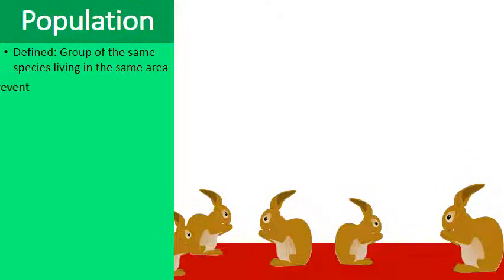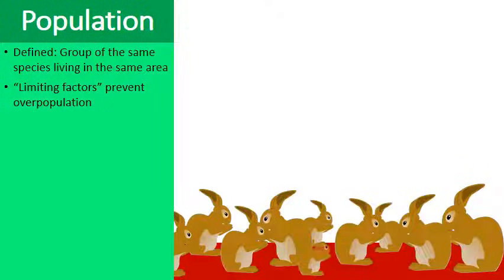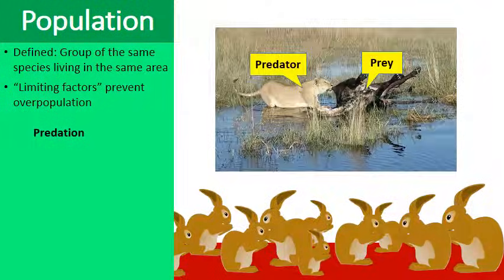So here's a group of rabbits. Eventually, these rabbits are going to multiply. They're going to reproduce, make offspring, and throughout the generations, their numbers will probably accumulate. Now, there are what we call limiting factors within the environment that keep the population of rabbits under control. Probably one of the most obvious limiting factors would be predation, the fact that predators help to control the population of prey simply by catching and eating them. So if there's wolves lurking around, they would probably catch and keep the rabbit population under control.